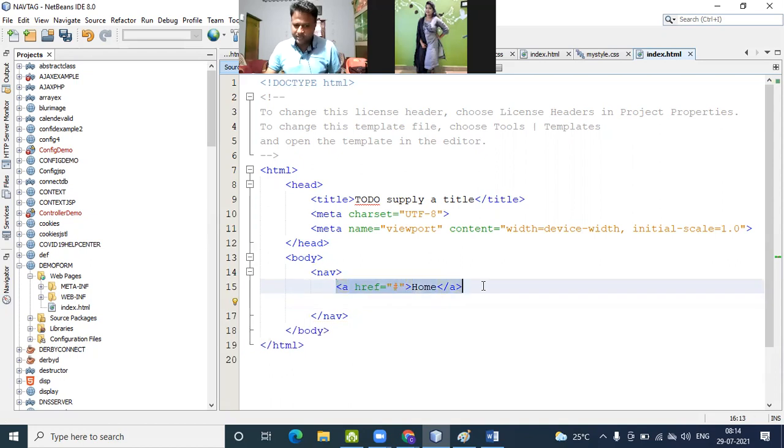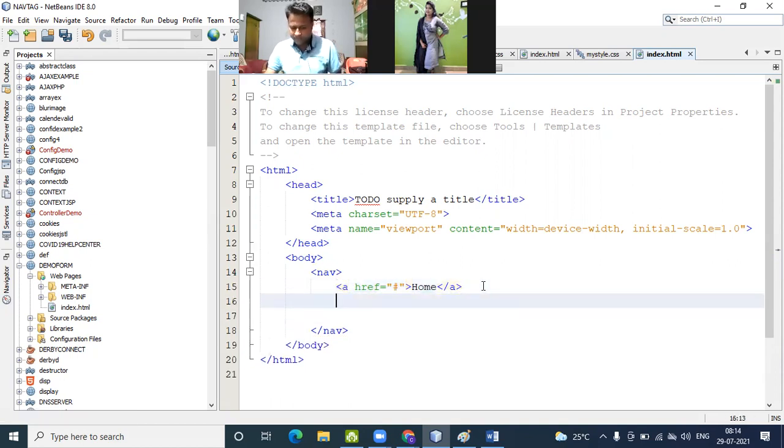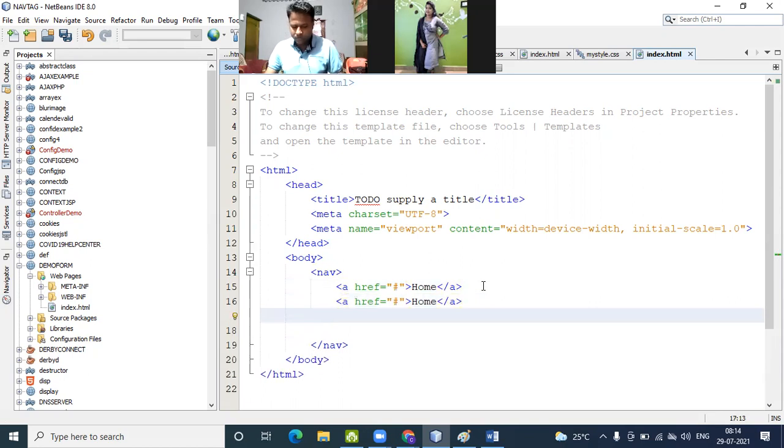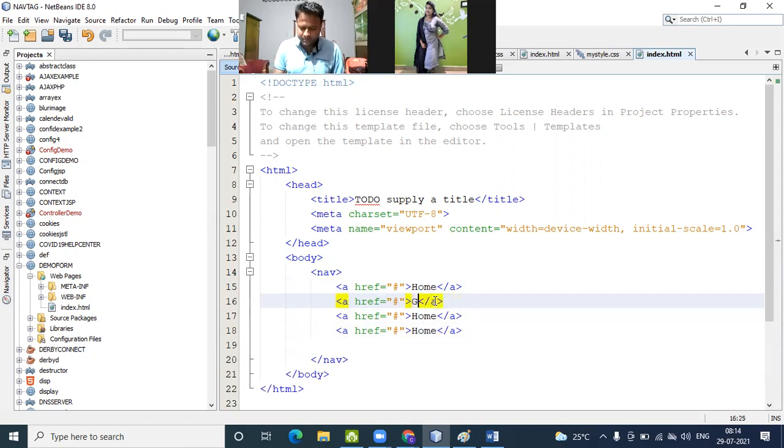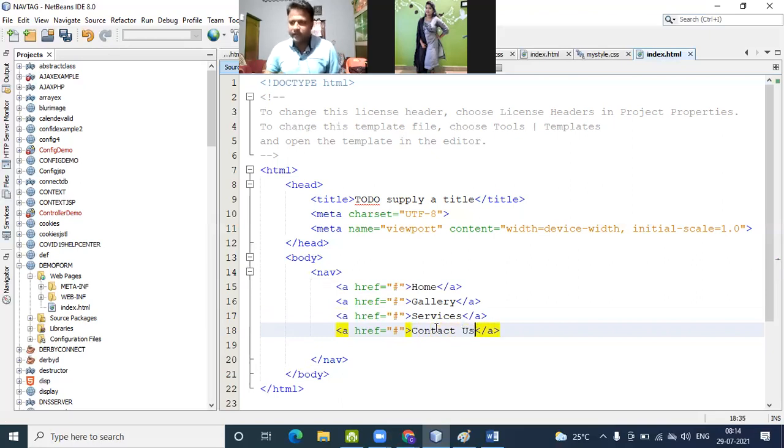Then I create some other links, 2, 3, then 4. So here I put gallery, then services, then contact us.